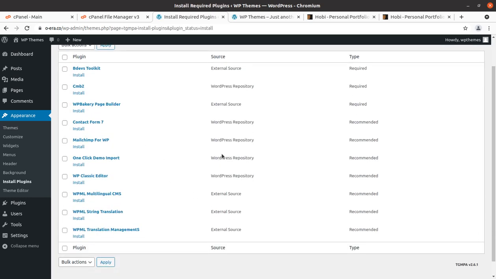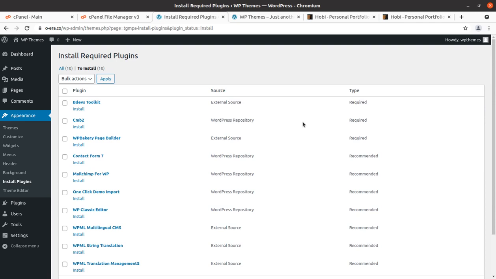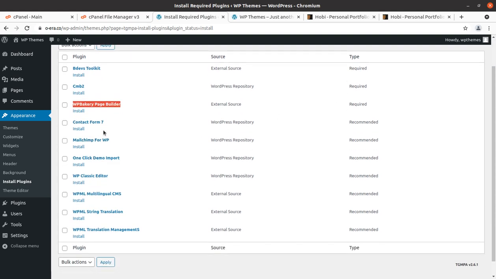These are the plugins that have been recommended and required for using the theme features. This theme uses WP Bakery Page Builder, two plugins have been marked as required, and the rest of the plugins are only recommended. But we are going to install all the plugins as we need to showcase and use all the theme features.